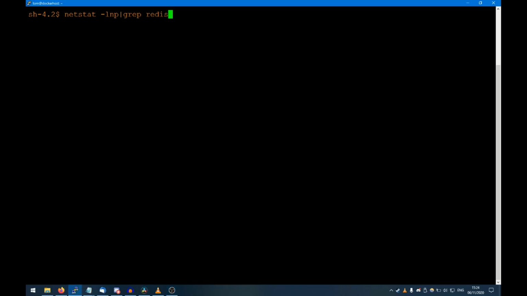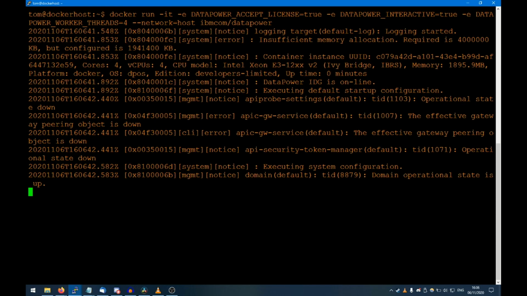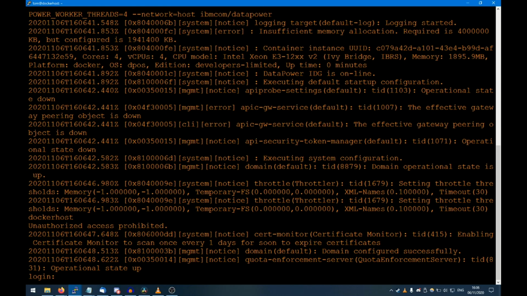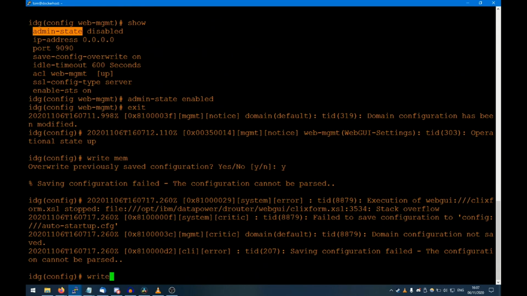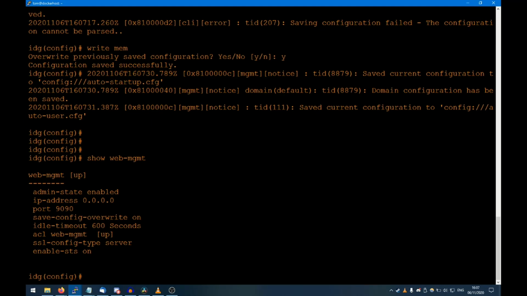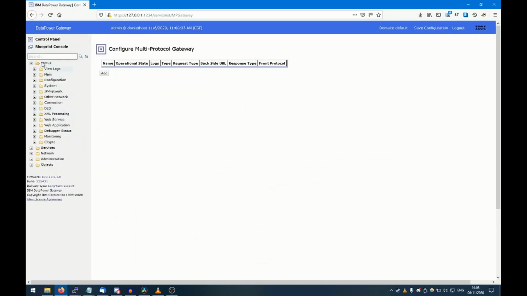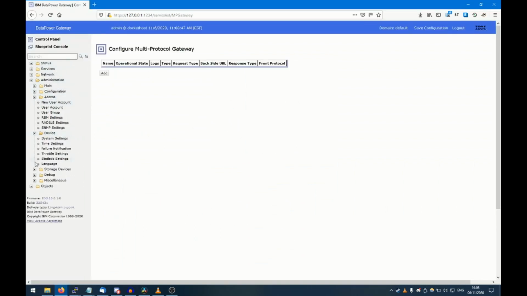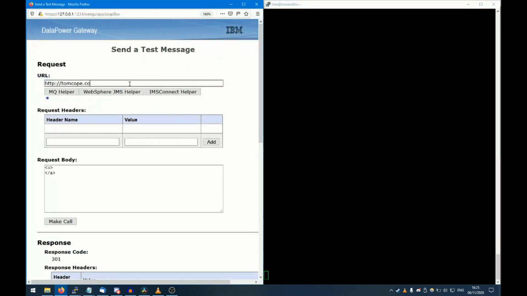The only problem is that the DataPower Redis server is listening on localhost, so we need to trick DataPower somehow into connecting to its own Redis server. The next thing I did was start up a new instance of the DataPower Docker container and configure the web GUI so I could log on and look at all the options through a web browser. Once I did that, I logged in and just started having a generic poke around until I came across this test message function. I can enter a URL